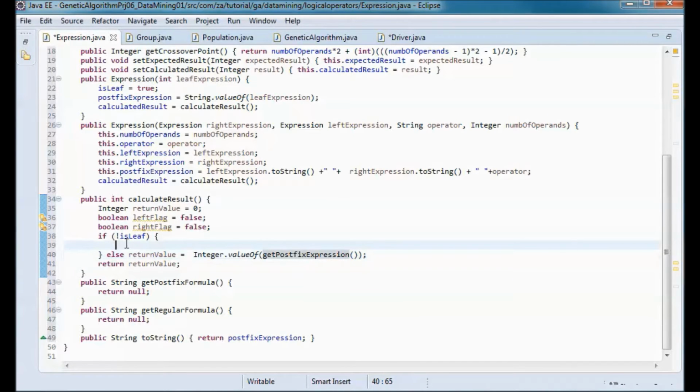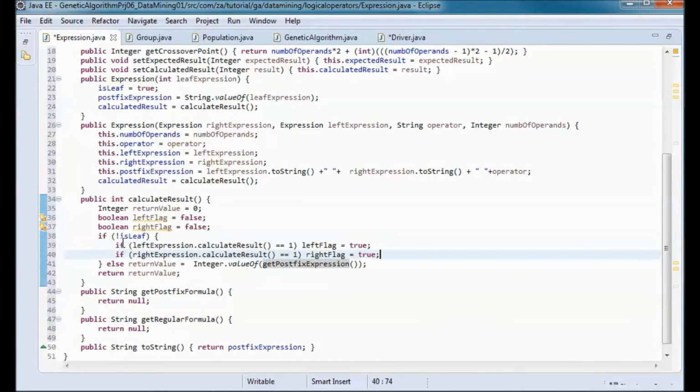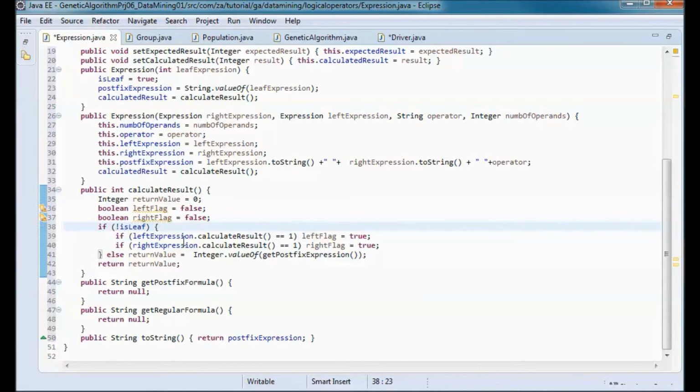Now going back here, if the left expression dot calculate result returns 1, then the left flag will be set to true, otherwise it is false. And if the right expression dot calculate result returns 1, then the right flag will be set to true, and also otherwise it is false.